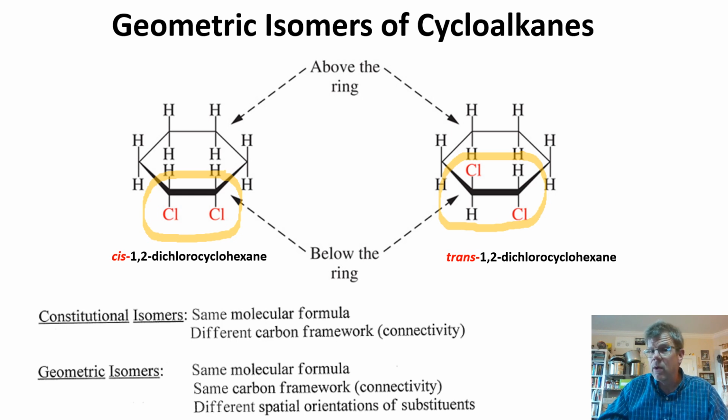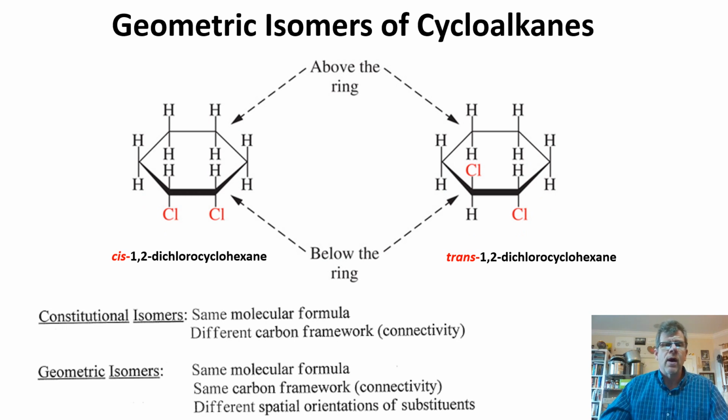Now, they're both 1,2-dichlorocyclohexane, but we have slightly different modifiers on there. Thankfully, because the different structures must have different names. So if we have our two substituents on the same side of the ring, it's considered the cis geometric isomer. If the substituents are on the opposite side of the ring from one another, it is considered the trans geometric